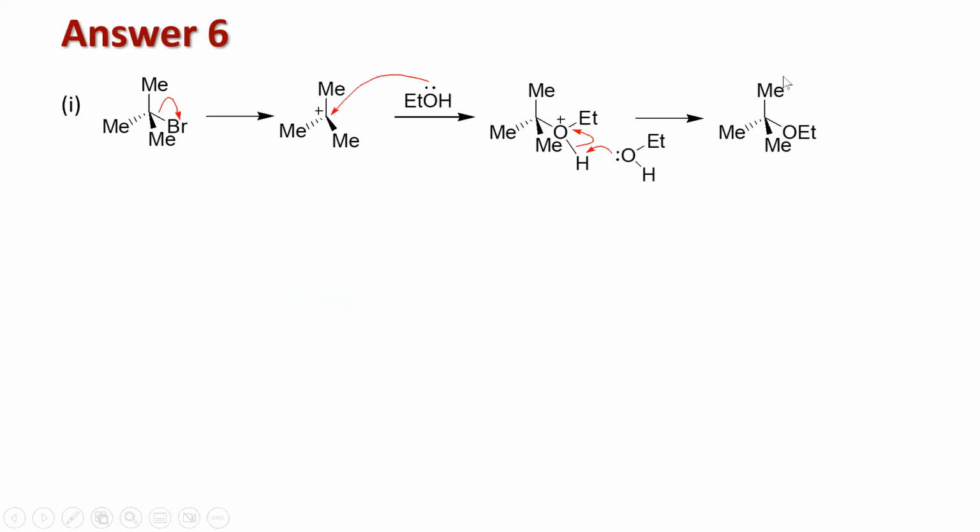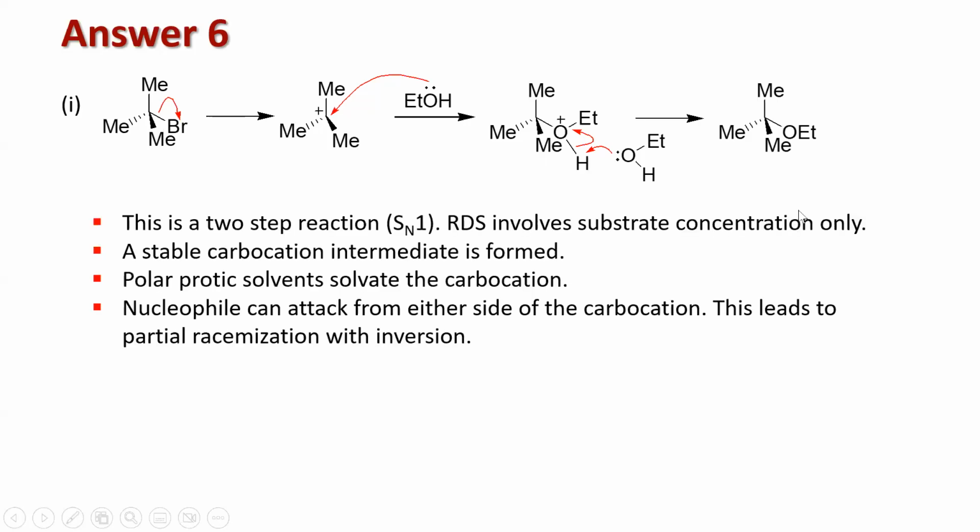Similar reactions are given in your book, right? So you have to write something like this. The carbocation formation, and ethanol is a weak nucleophile. Neutral molecule, not an anion, weak nucleophile, and it will go through carbocation formation. Reaction goes through carbocation formation like this. So this is the reaction you are going to write, and the answer should include